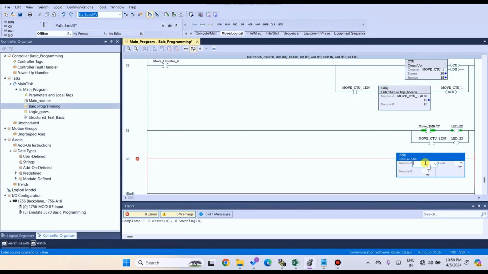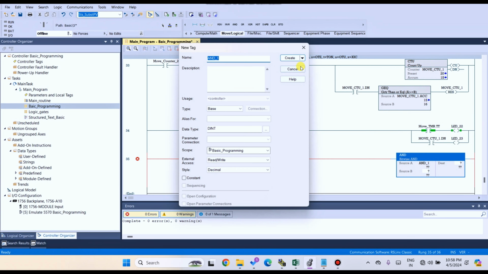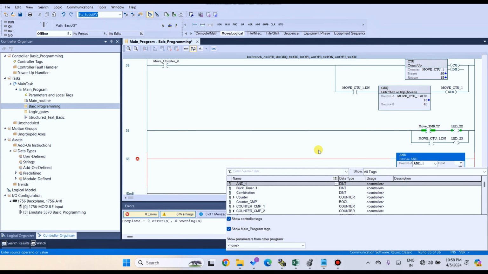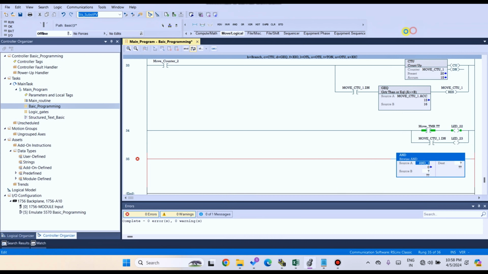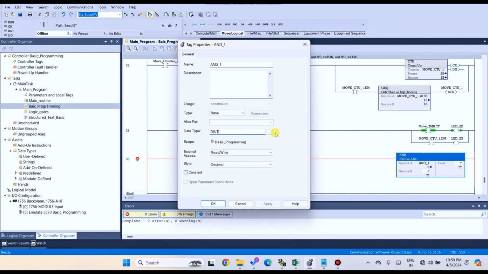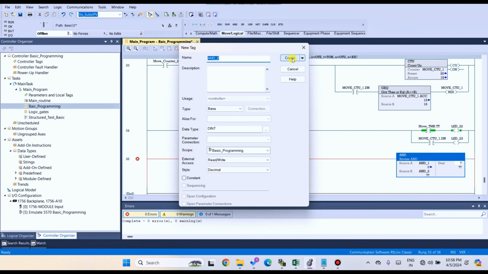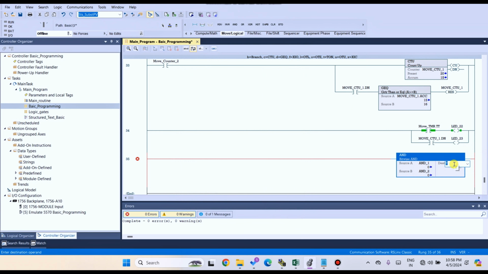One tag will be AND 1, right click, copy, and also create. Then AND 2, right click, click on new tag and click on create.